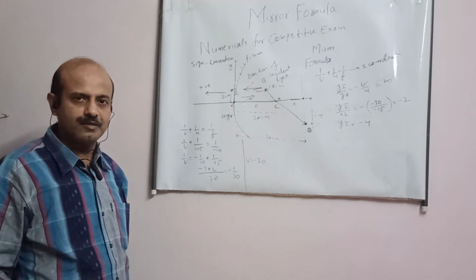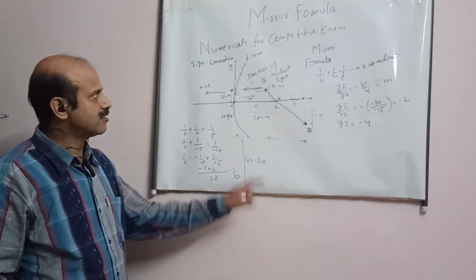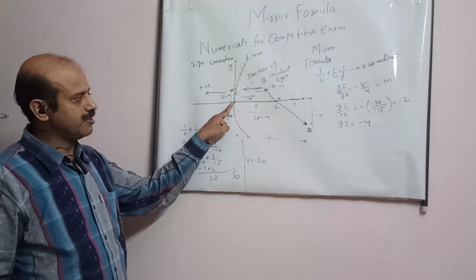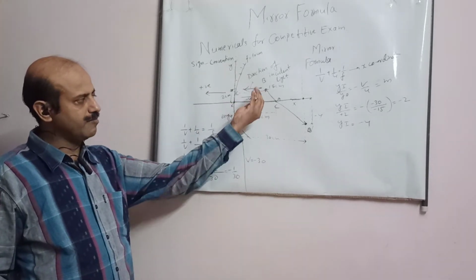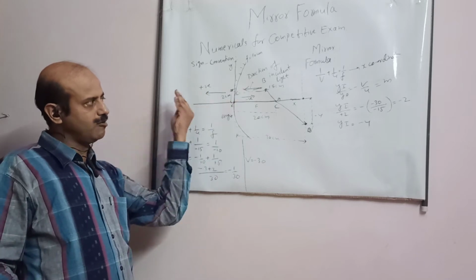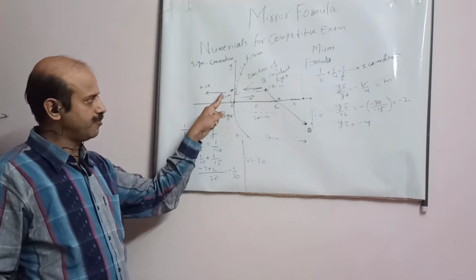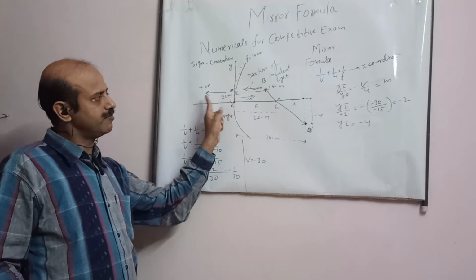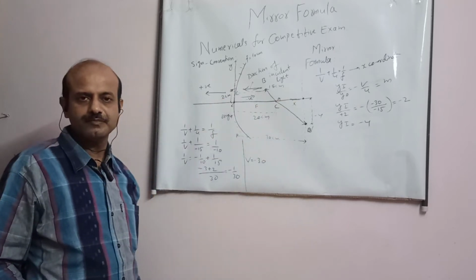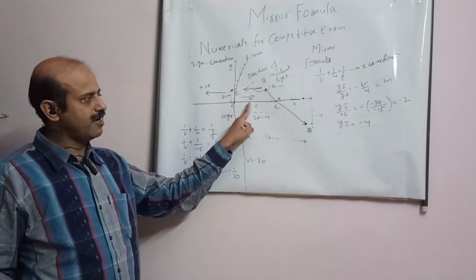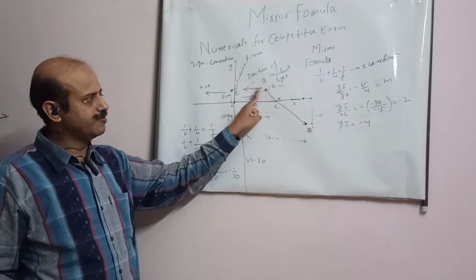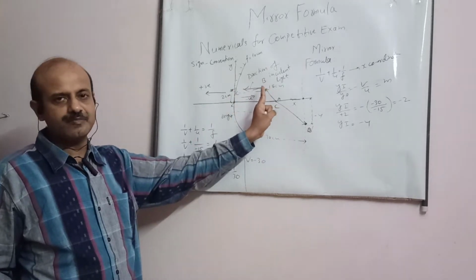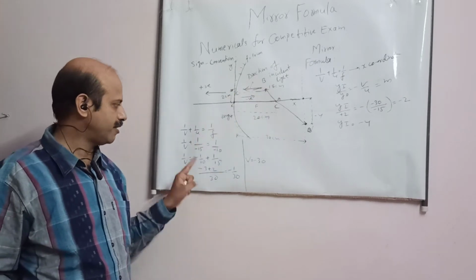Got it, student? Again, I am repeating it. First sign convention. This is the origin, the pole of the mirror. This is the object. Light is coming from the left side, so this side will be negative, the other positive. If this is positive, this direction is negative. So here, see, the focus is this side, so it will be negative. Object distance, I have to come from here to here, to the object. This side I have to measure object distance, so negative, minus 15 I have written.